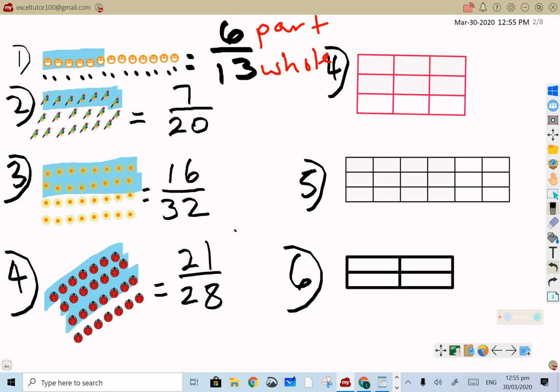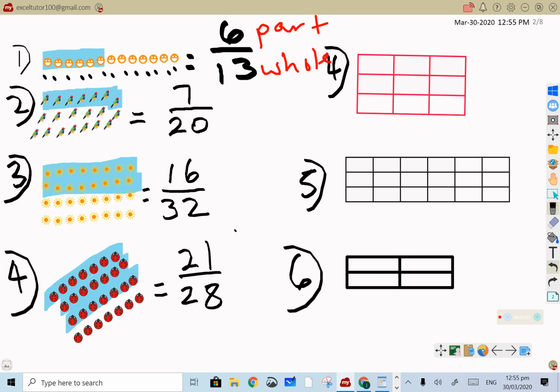21 over 28. All right, now those are pretty big fractions, okay, but it doesn't matter how big it is. Once you have the correct denominator and numerator, it is correct. Okay, all right. So if we look at number 4 here